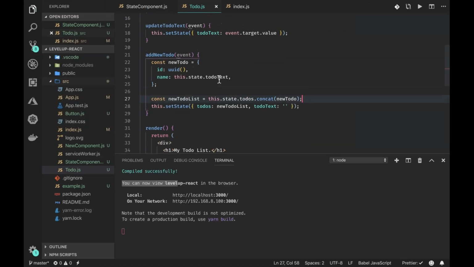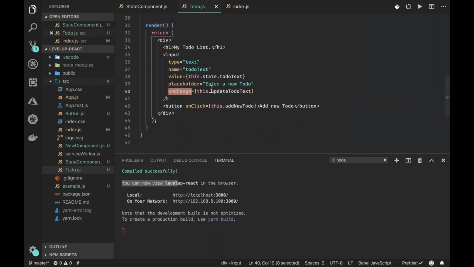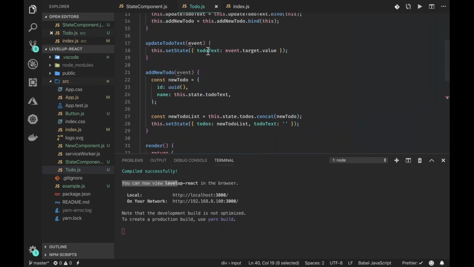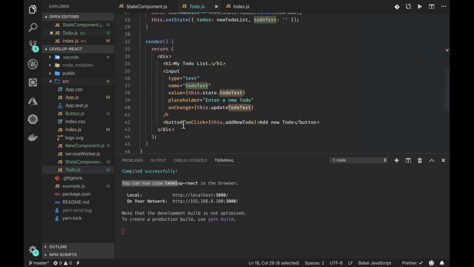When we save, let's save this thing. So now we have our to-dos. We can add to-dos to it. So basically, what I'm just doing here is onChange. When this thing changes, we're updating our to-do text. I'm just setting to-do text to be the target value, yeah, which is the value of the input element at that time. And then every time we click our button, all right,